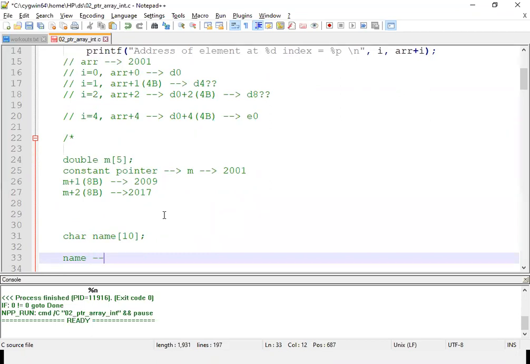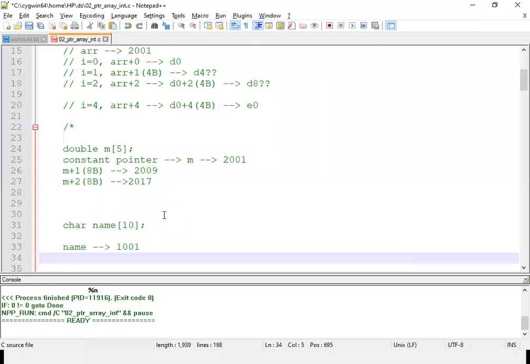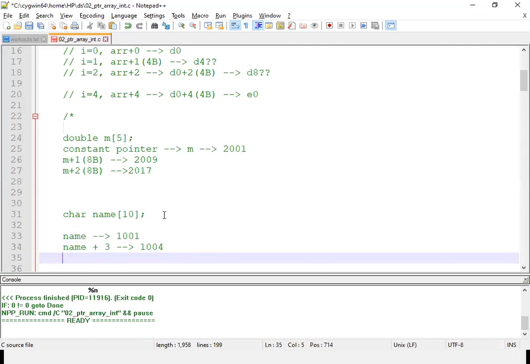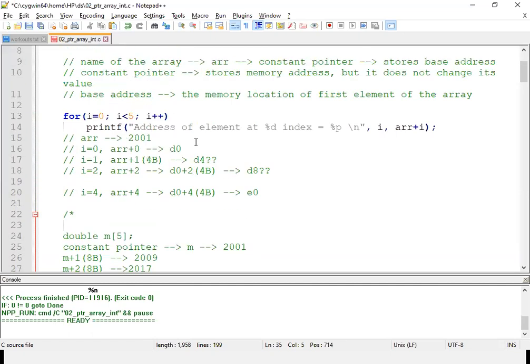Assume that name contains the base address 1001, then name plus 3 is what? 1004. Correct? Yes, sir. That means you understood the concepts here.